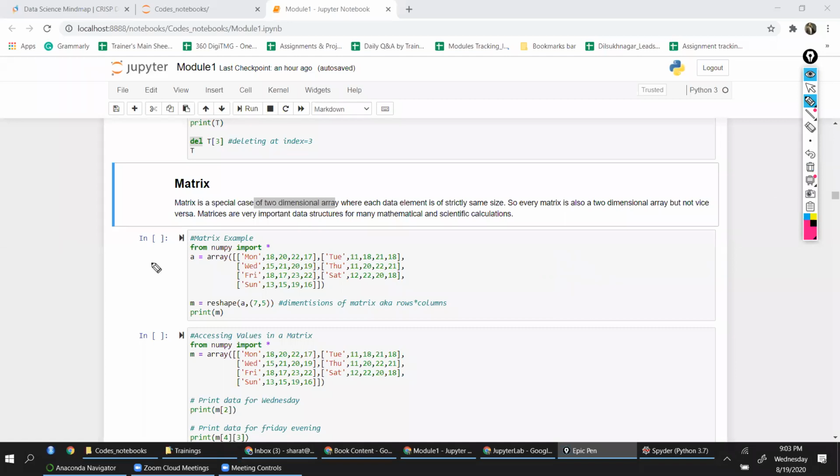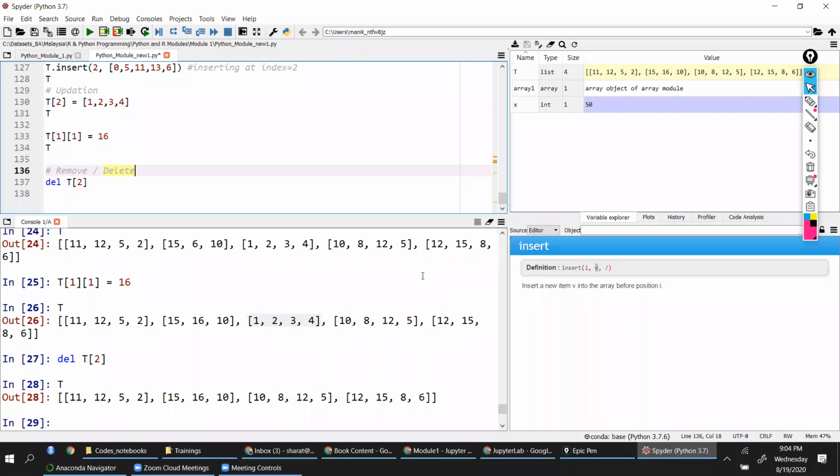Sir, then how do I work with matrices? Even the example just before the matrix, can it have different elements? Say, for example, the first index can have 4 objects, and the second index can have 3. Have you observed that? How many objects are there here? 3, right? Here you have 4. So yes, you can have. So a matrix is different from a two-dimensional array. We are saying a two-dimensional array can be a matrix, but a matrix cannot be a two-dimensional array.